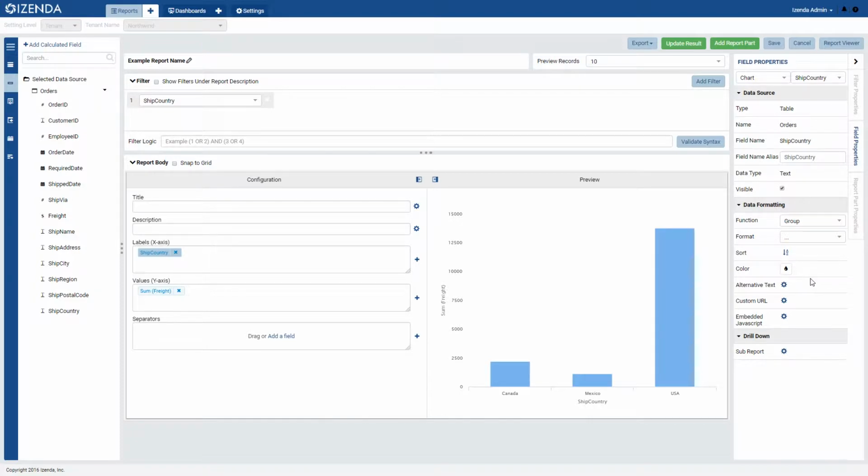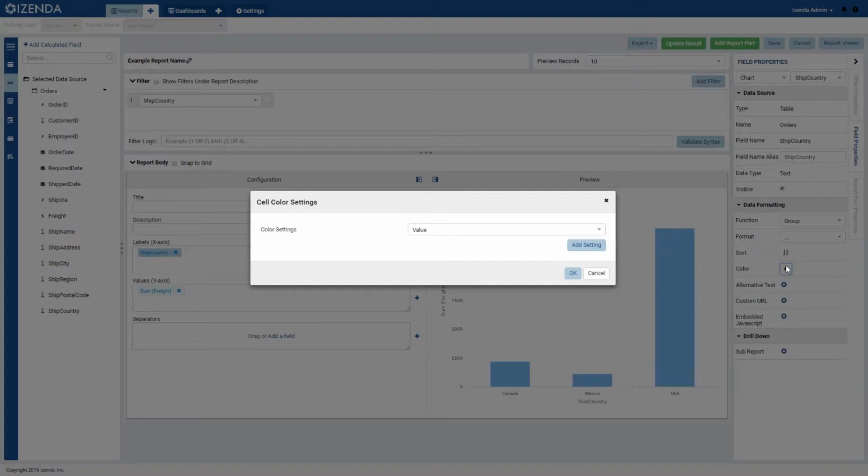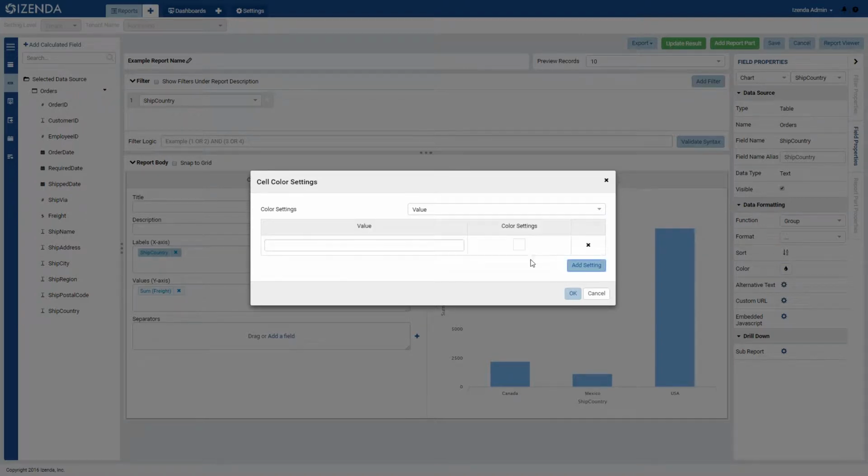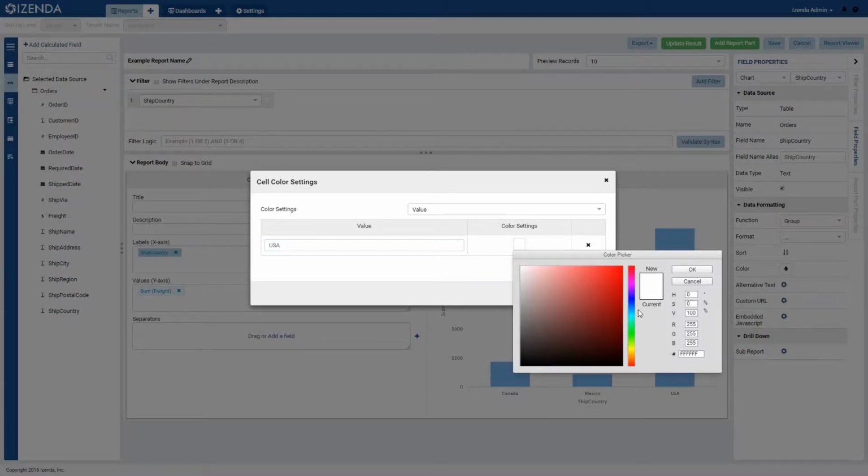accomplish this. In this case, we will select the country field and then select the conditional formatting option from the Field Properties panel on the right side of the screen. From the drop-down, we will select Value and then Add Setting to create conditional formatting. For our value, we will enter in USA and then select a specific shade of blue from the color wheel